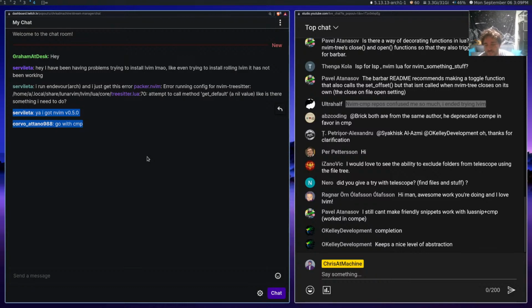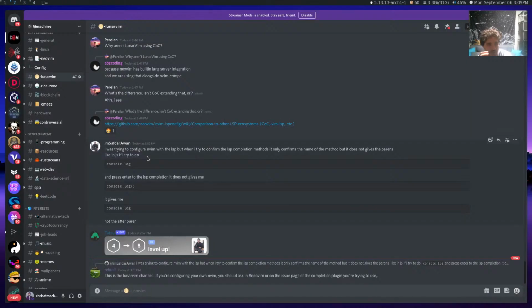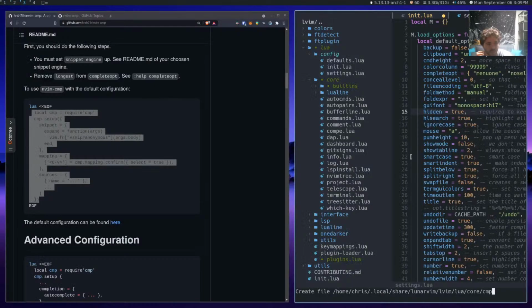I agree that the completion keeps a nice level of abstraction. Like, I understand that, but then there's weird things, right? If somebody was looking through this, they probably know the name of the plugin anyway. Like some of these, we have that buffer line. We don't call it bar. Compe, we called Compe, but we could have called it completion and then just swapped it out with CMP stuff in there.